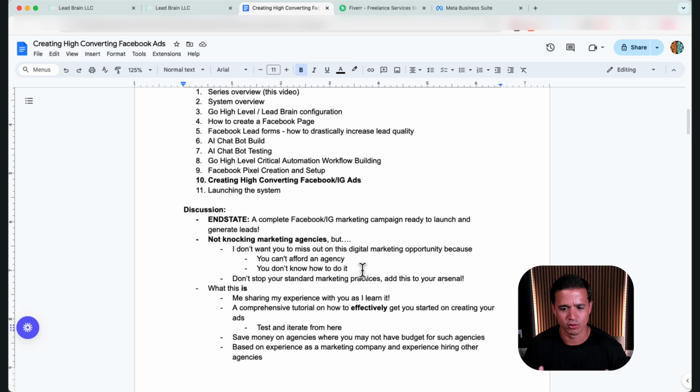heartache. For example, if you send somebody to go knock 1,000 doors in a day, you're probably going to have to pay that person a decent amount of money. They're going to be out in the heat knocking doors. They're going to be tired by the time they get to the end of that neighborhood, and they're probably not going to be able to knock 1,000 doors in a day. Well, on Facebook, you can pay $23 and get in front of 1,000 people.